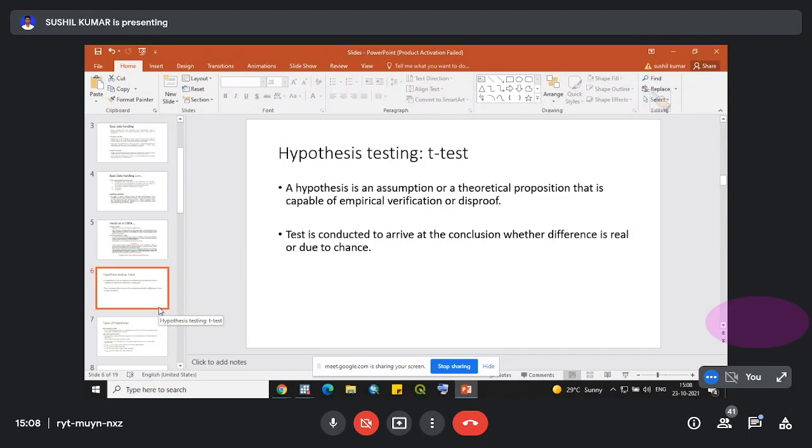So all these things can be considered as hypotheses, and testing is conducted to arrive at a conclusion whether the difference is real or the result that you are getting is just by chance.